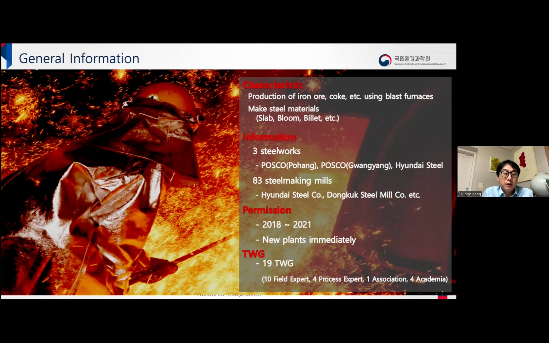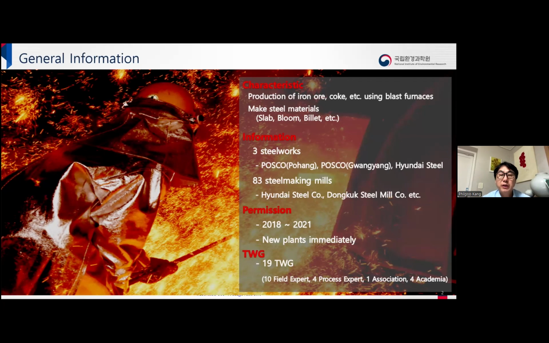Our BAT installation was controlled by two laws, such as the BAT law and the air emission law, in terms of emission standards. So when you see the BAT-AEL in the last slide, you don't see the KEI values such as dioxin and other things. The K-BAT-AEL is not a matter in Korea. So,